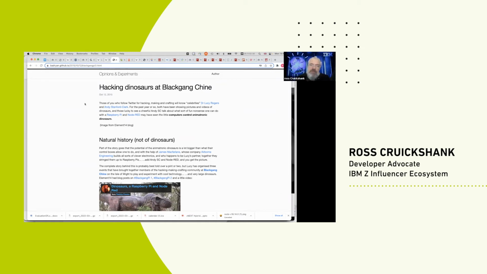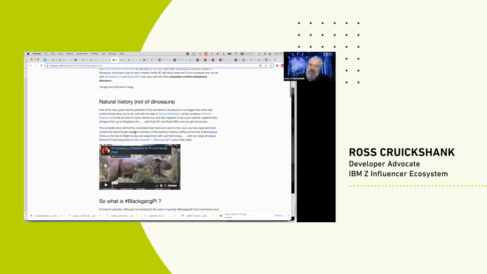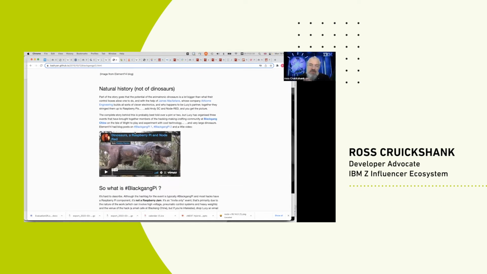So one of the things that was done in the very early days, with both Raspberry Pi and Node-RED, was to put them together and say, you've got a prototyping tool, which is fantastic, in the Raspberry Pi. You've got simple I/O, and you need a way to interface that with these giant dinosaurs. What could you use that would be a safe tool to interact with the data flows coming in and out of a GPIO bus